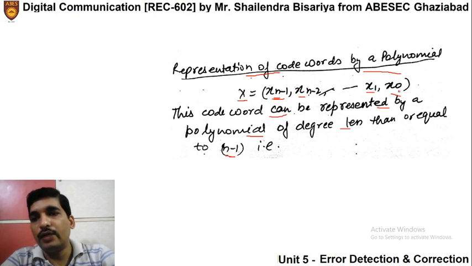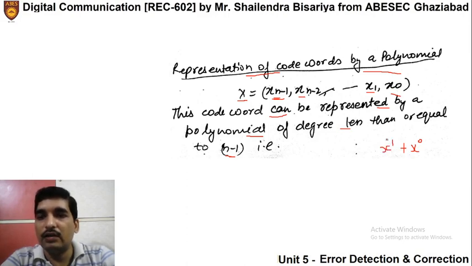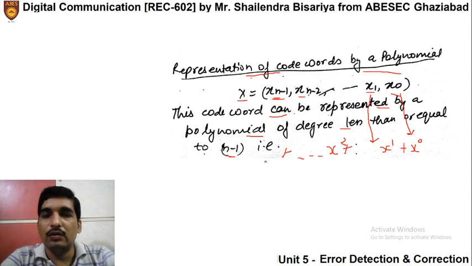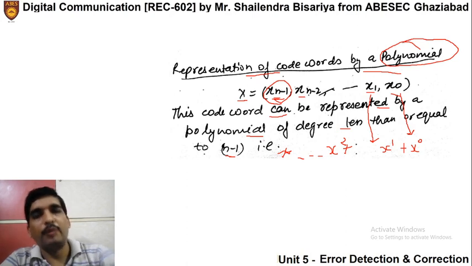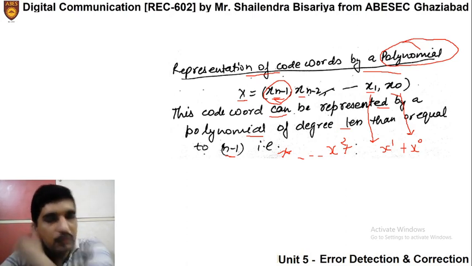How? We will write first x power 0, then second x power 1 and so on. So we will write x^0 into first term, then x^1 into second term, plus x to the power 2 into third term and so on up to x^(n-1) into the last term. This is how we can represent it in a polynomial form. This is a simple mathematical representation only for the purpose of doing further analysis. So let us proceed further.